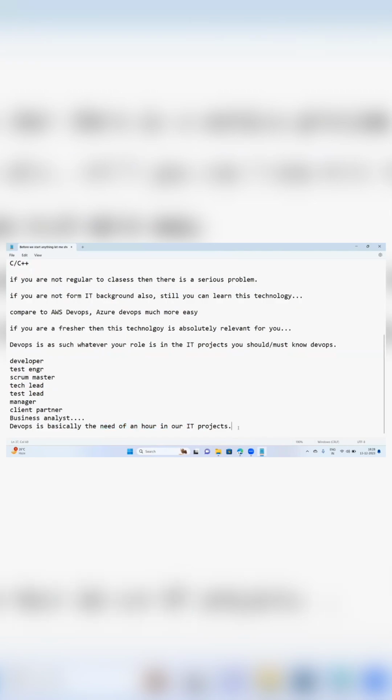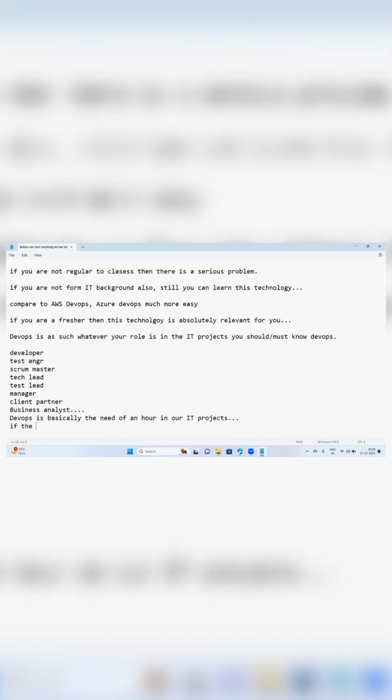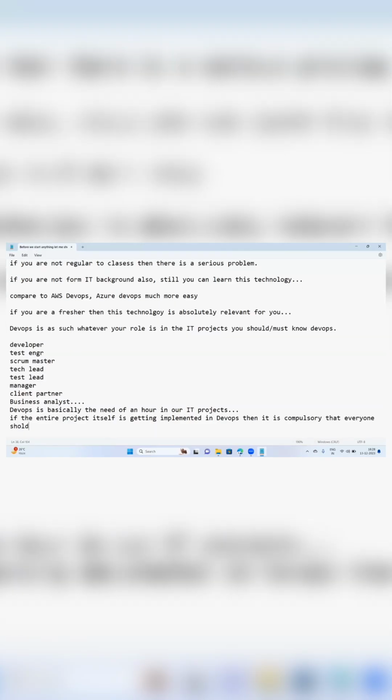Because if the entire project itself is getting implemented in DevOps, then it is compulsory that everyone should know the DevOps tools and services. Is that clear?